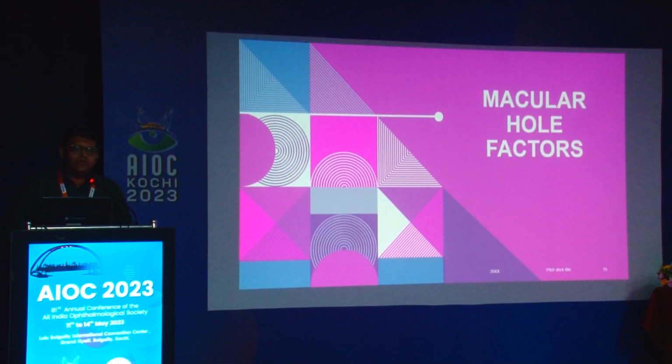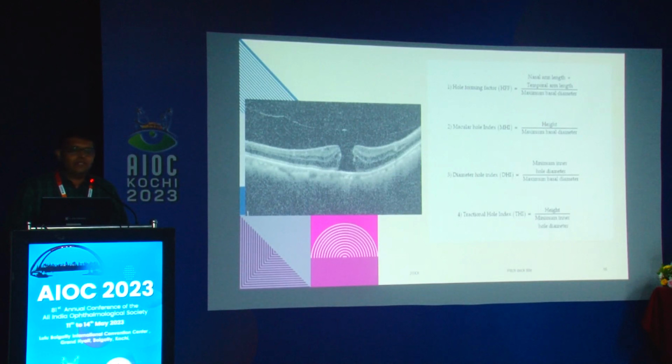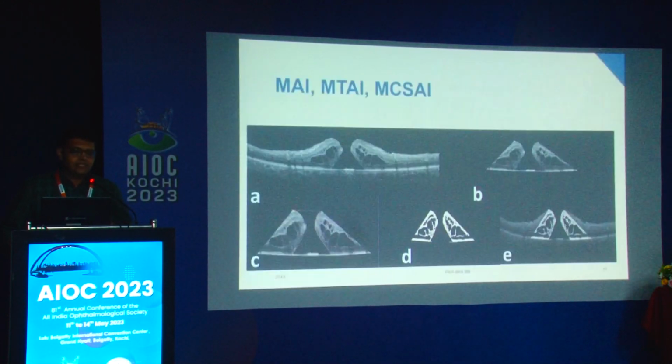Now let's look at the macular hole factors. We know the four important factors in preoperative decision making are the hole forming factor, the macular hole index, the diameter hole index, and the tractional hole index. I'm not going to stick to these indexes, but I'm going to talk about something beyond it. This is the MHAI, known as the macular hole area index. The MTAI is the tissue area index. The CSAI is the cystoid space area index, and this is something we calculated using the ImageJ